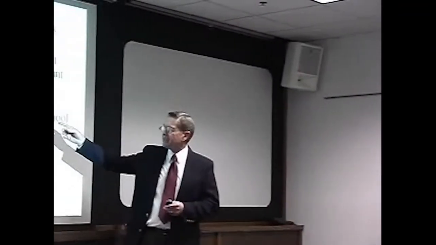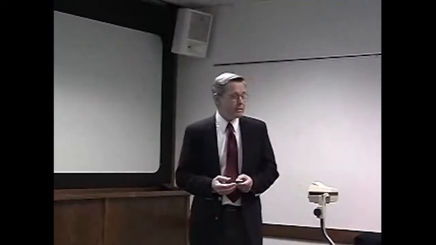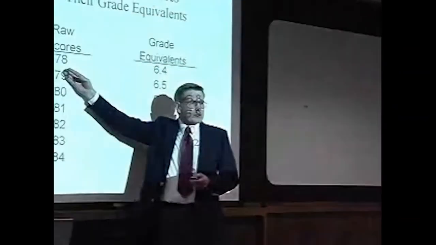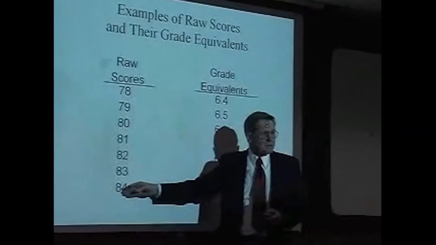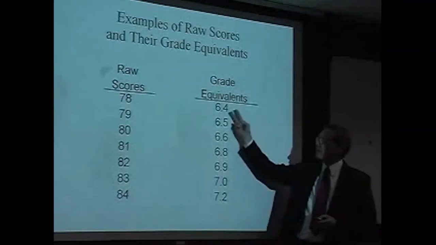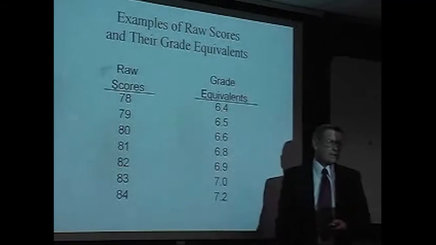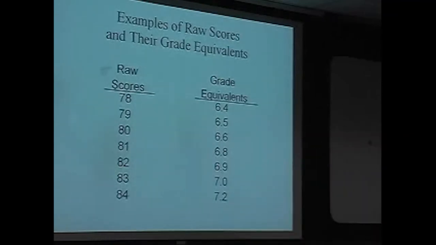They appear to be very easy to understand, but the truth of the matter is they're misleading. And most people misinterpret them because of their apparent simplicity. But we really need to understand how they're computed and what they represent. So let's go a little further here. The purpose is to give meaning to the raw score by showing its corresponding grade equivalent. Notice that each grade equivalent consists of two numbers with a decimal in between. The number on the left designates the grade level in school. The number on the right represents a person's position in that school year. They really represent different months of the school